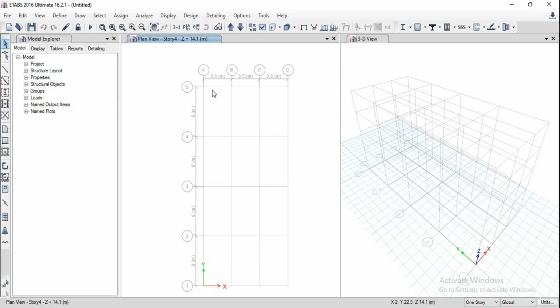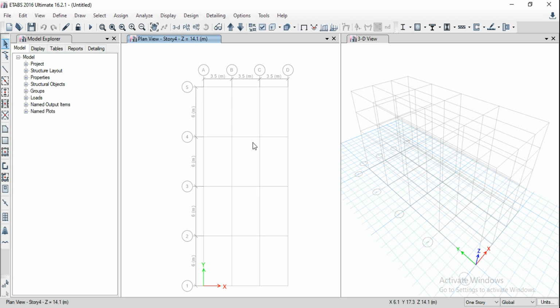Okay, and as I said, we are going to have labels for the grids. In the x direction we are going to get A, B, C, D, since we have given 4 grids along the x-axis and 4 grids along the y-axis. So horizontal I have kept 3.5, y also I have kept 4. Okay, it has been changed to 6. No problem, we can change it later. Okay, so like this we'll be getting a reference grid.